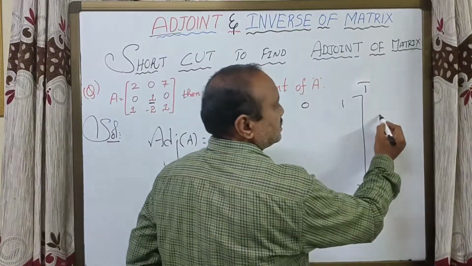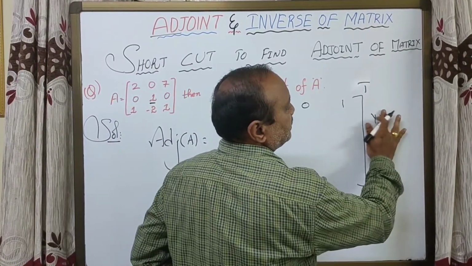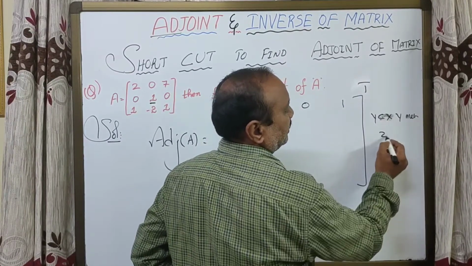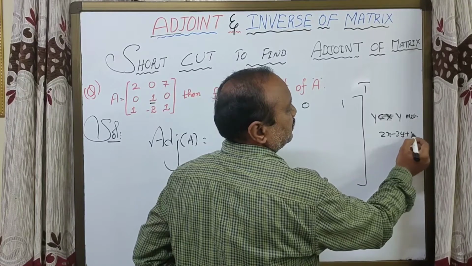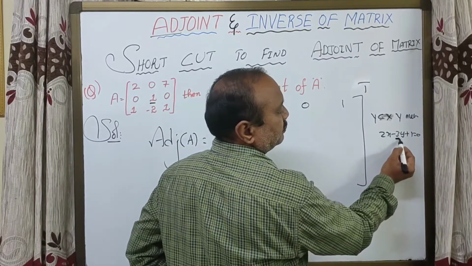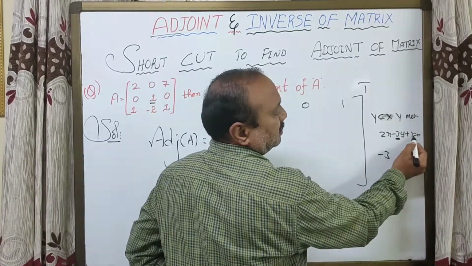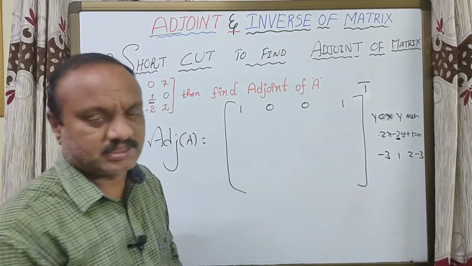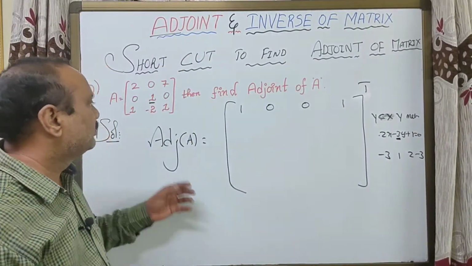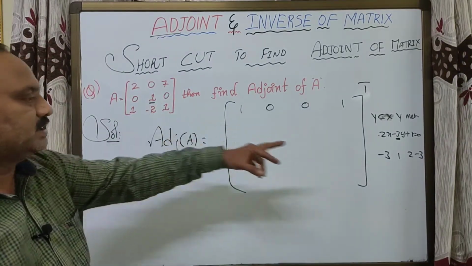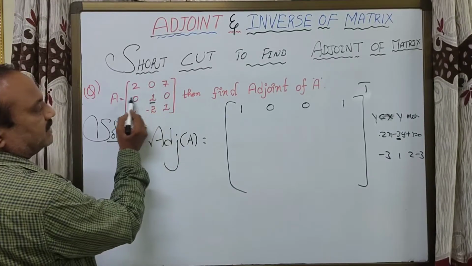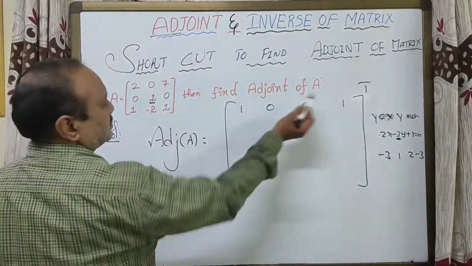When we solve two straight lines, we use the YCXY method. For example, 2x minus 3y plus 1 equal to 0. First we have to write the middle term minus 3, constant 2, again minus 3, like that we have to write. In a similar way, for the first row we have to apply that method: the middle term, the right side of 1, and then the left side of 1, first is the last.